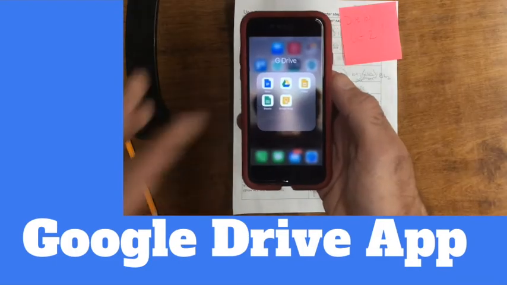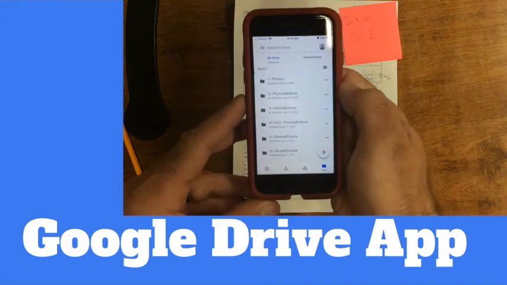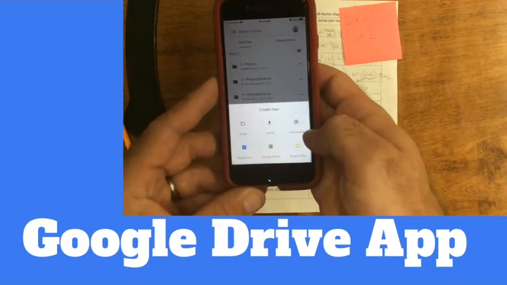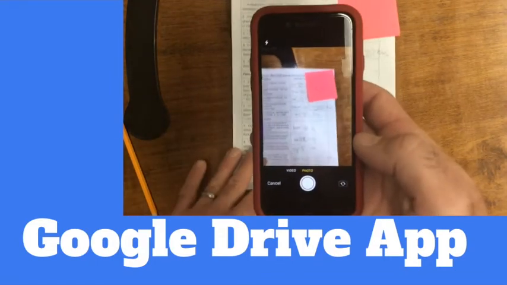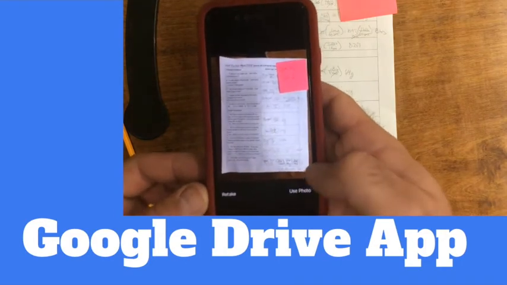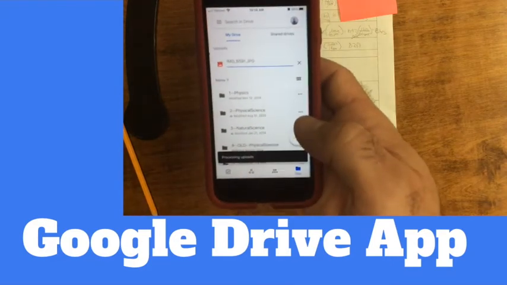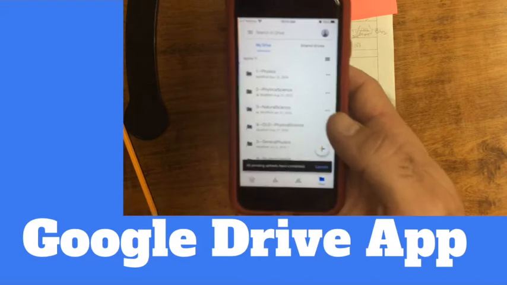Now let's look at how you can use the Google Drive app on your phone. So it looks like this. I've got Google Drive, Google Docs, all those things. You click on Drive, and then it gives you the ability, with this little plus button, to simply use the camera to take a picture. So if we want to turn this in, I line it up like so, take a picture, use photo. Now I can have this image saved in my Google Drive that I can access with my Chromebook